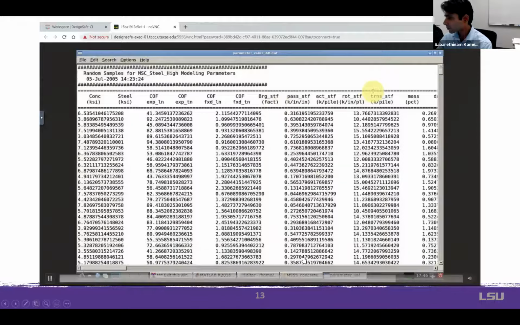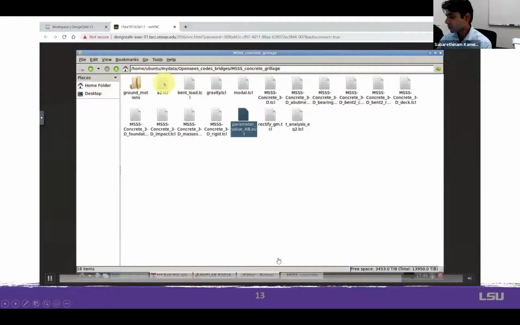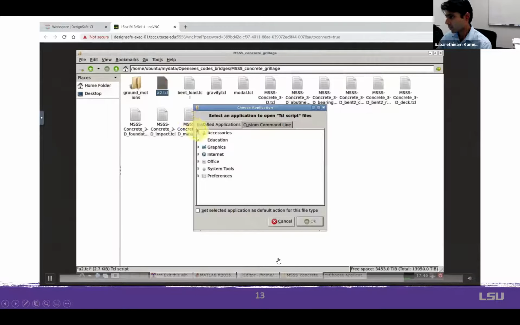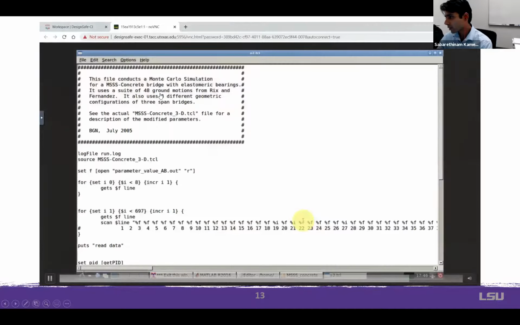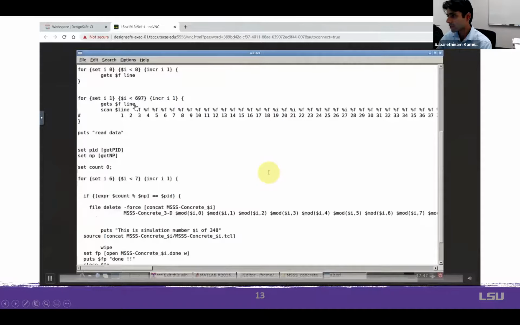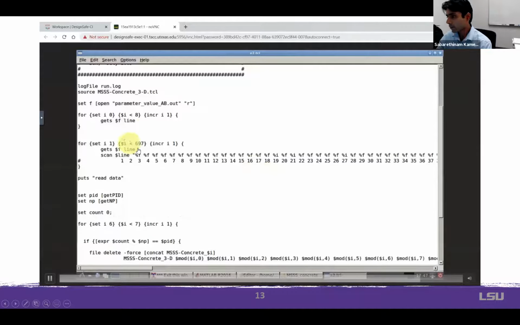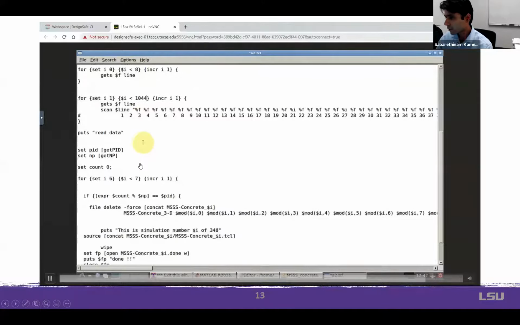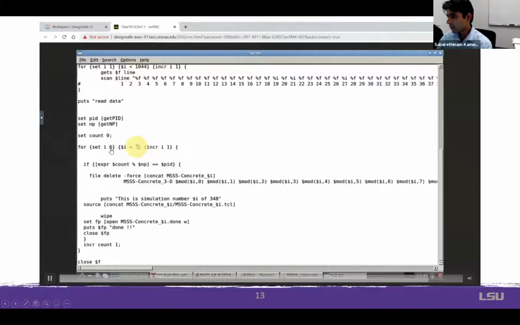So we can save this, just as if we are saving it on a computer, and then we can also go and change our Tcl files that we need to change for running the OpenSees code. So for example, here, my main Tcl file that has to be run is called a2.tcl. Now I want to change this, because earlier I had set up the code for 697 bridges, but now I have 1044. So I can change this to 1044. Similarly, the code here can be changed. I was just testing one case, bridge number 6, but we can just change all of those.